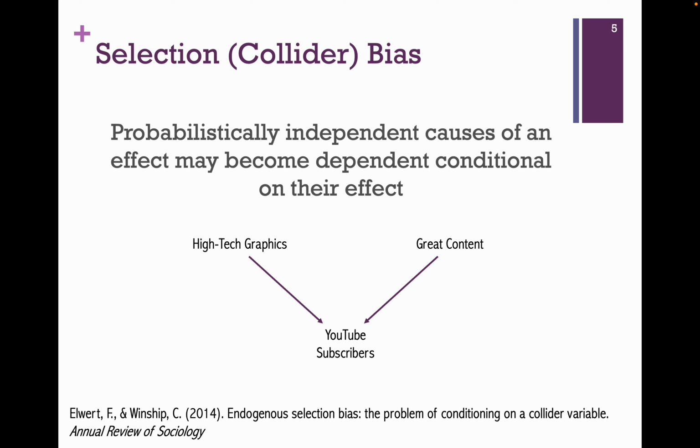Given this causal structure, in which the effect is known as a collider, if we condition on the collider, it will induce a negative dependence between its causes. Now this is counterintuitive, but the intuition is as follows. Suppose you discover a YouTube channel which is very popular, and you see that it has terrible graphics. Well, now you know that its popularity can't be due to its good graphics, raising the probability that it has